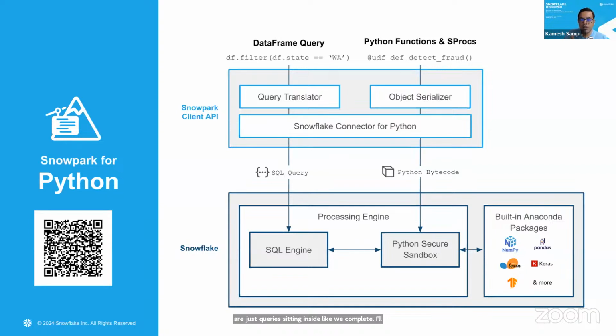And it also gives you the ability to write your own Python functions using different libraries. We'll see in a second how we can bring multiple different libraries into Snowflake, which we call user-defined functions and user-defined table functions. We give you all these things, stored procedures. For example, we are writing a detect fraud function here, and this can be run as a Python stored procedure behind the scenes inside Snowflake. And we can call these stored procedures within your SQL as well.